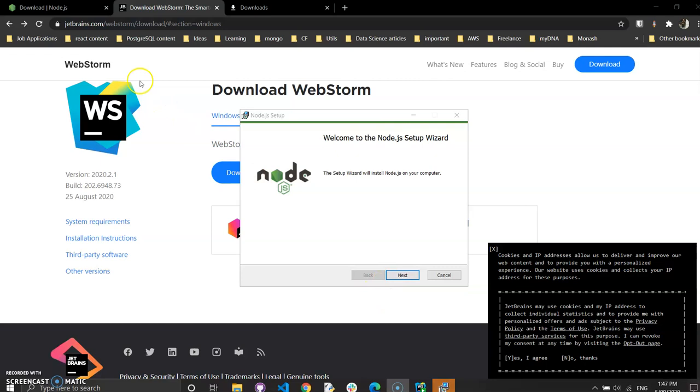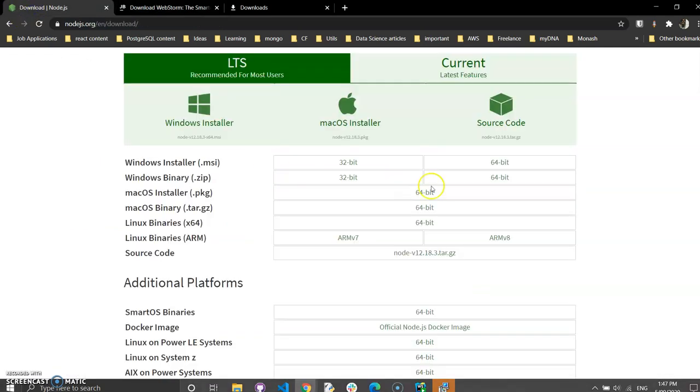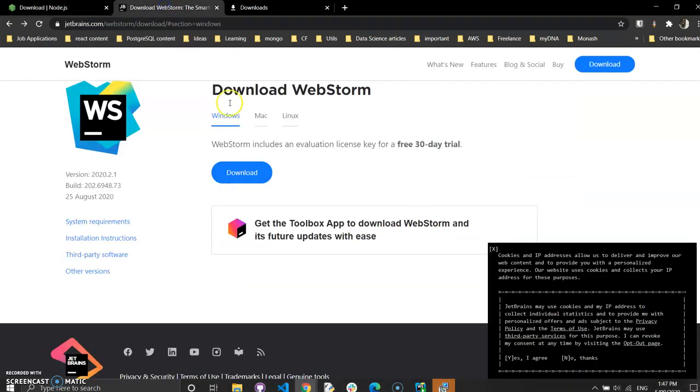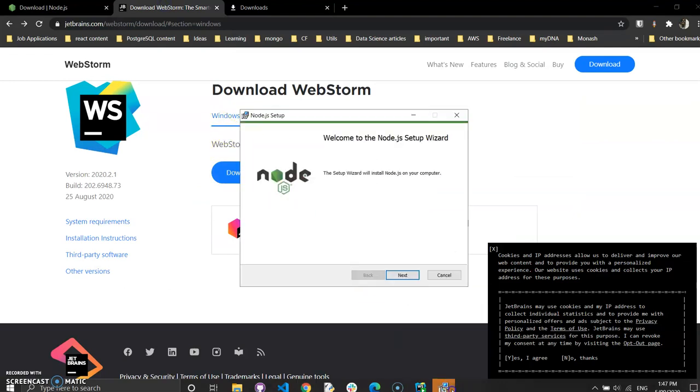Now I have downloaded Node, so go to Node and download the version for your operating system. Check if it is 32 or 64 bit and download the appropriate version. Download the appropriate version of WebStorm and then start installing Node.